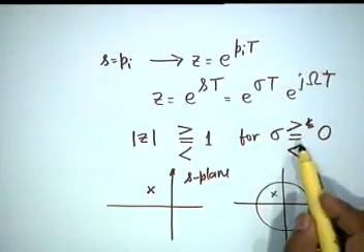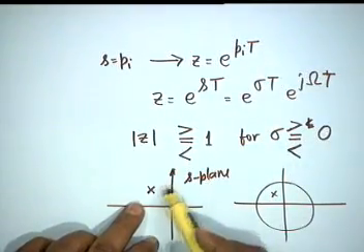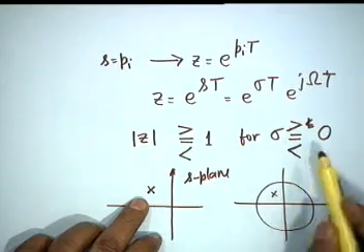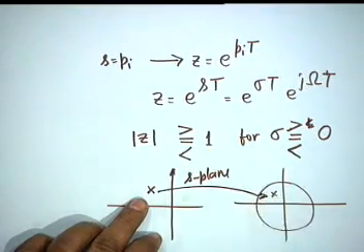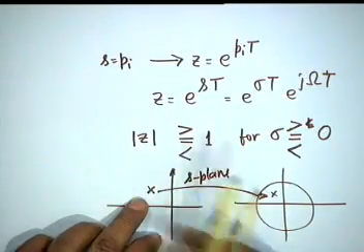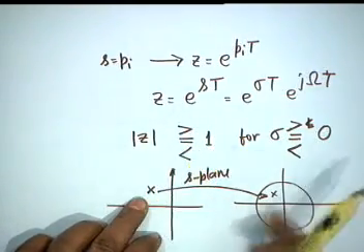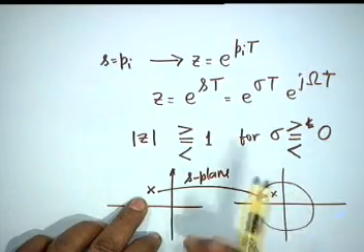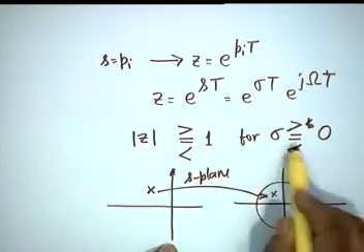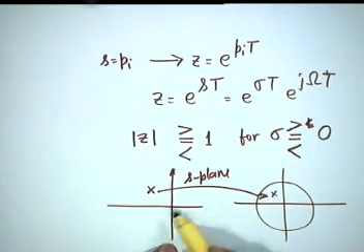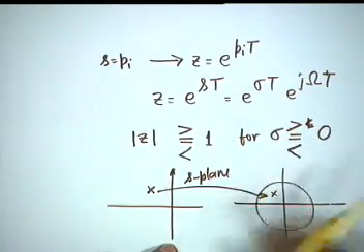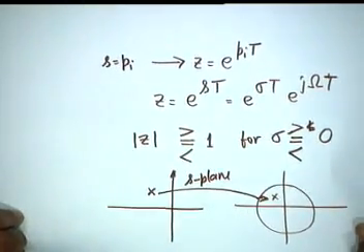Can I repeat this point? When sigma is less than 0, that is, the pole is in the left half plane, then magnitude z is less than 1. Therefore, this transforms to a point inside the unit circle, and if this is a stable pole, it goes to a stable pole. The j omega axis, for which sigma is equal to 0, goes to magnitude z equal to 1, so it goes to the unit circle, and the right half plane, where no poles should be located, goes outside the unit circle. Okay? So, a stable filter goes into a stable filter.